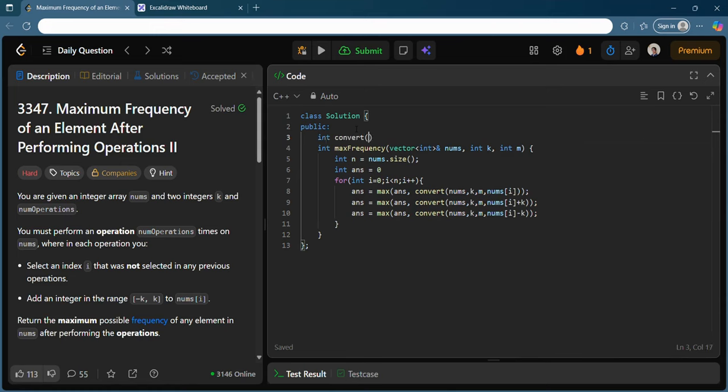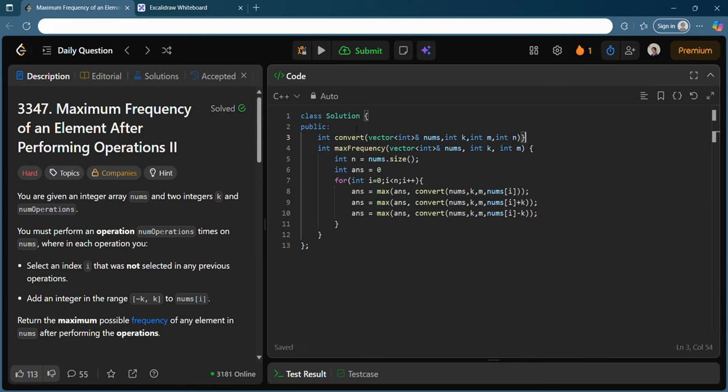So what will this do? It will try to convert each and every number into nums of i. So let's say I have this vector int nums, int k, and definitely int m, and definitely I have an n.